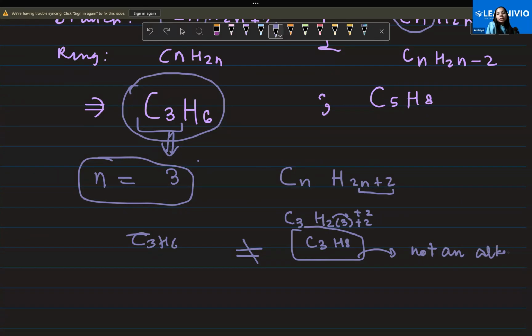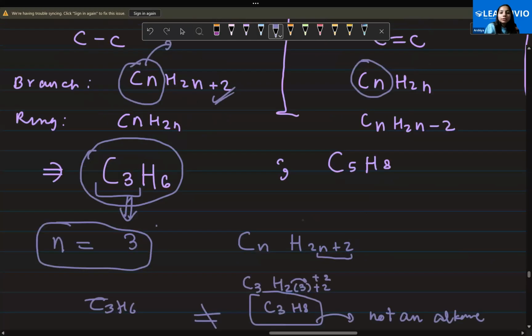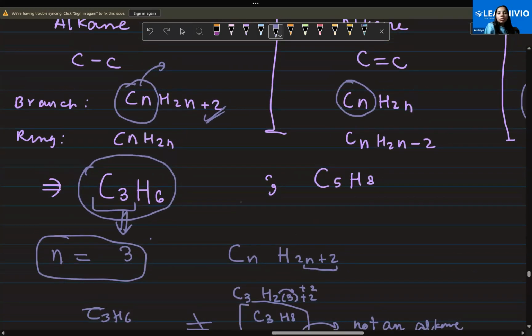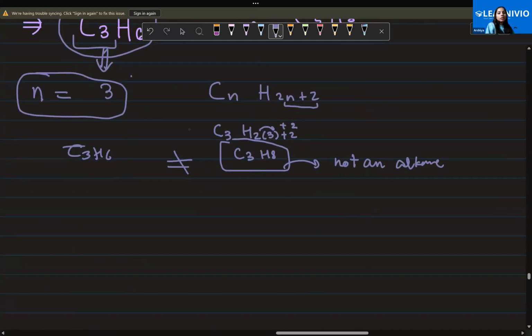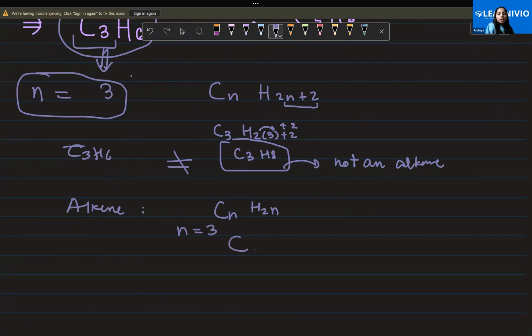Now let's try the next formula, because we have one for each. For alkene, we have CnH2n. This was for alkane, and now we're doing it for alkene. The formula is CnH2n, and our n was 3. So C3, H2 into 3. 2n, right? So 2 into 3. Yes, ma'am. So how much will it be? C3H